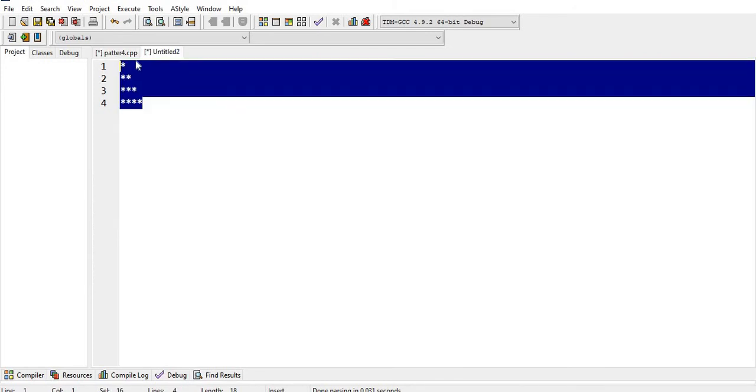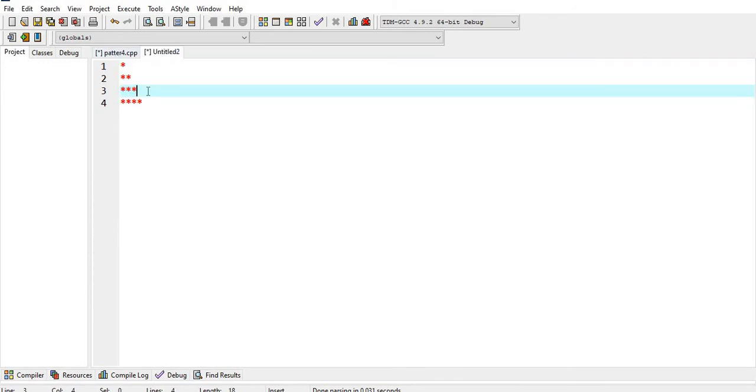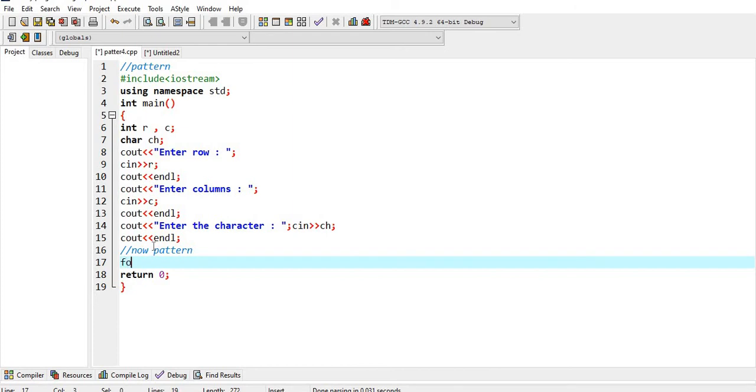For this type of pattern, as rows and columns are entered by the user, we just have to write the code. So for rows, I started from 1 and goes to the limit, which is the row entered by the user.